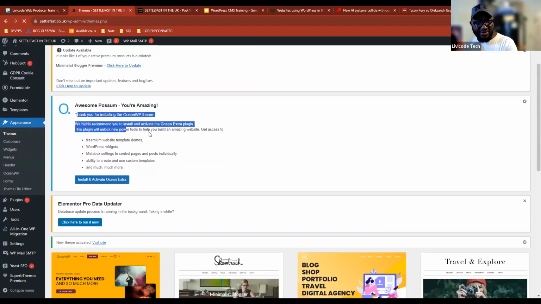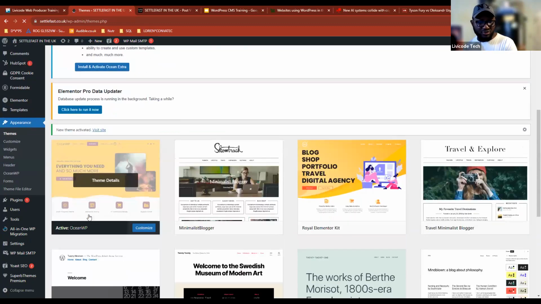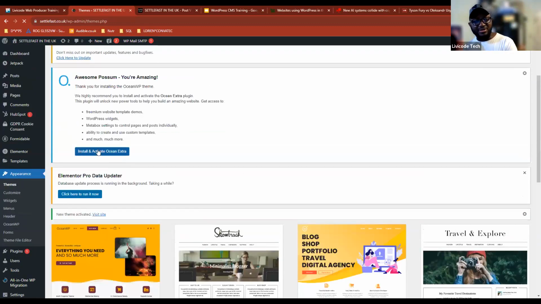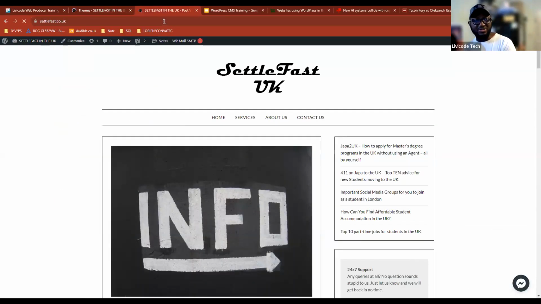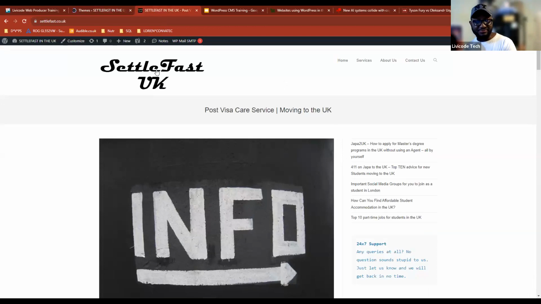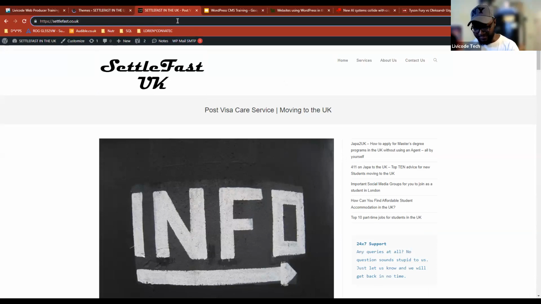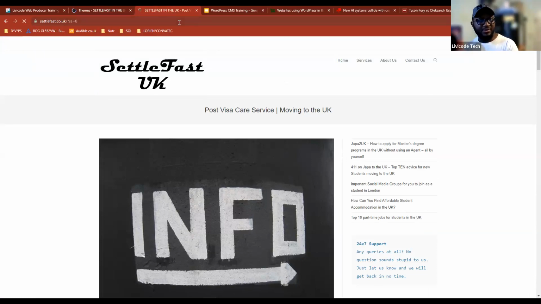Yeah, so it's asking us to install and activate Ocean Extra. I don't want to install too many things, but again, these are required widgets and plugins and so on that this particular theme wants us to activate. But in real life, you want to go there and just install and activate. And then what does the front end look like now? If I just refresh the page,